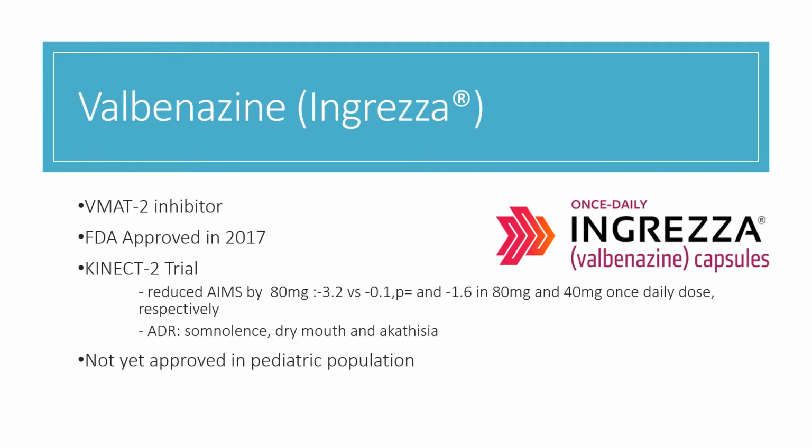The first approved medication we're going to look at is valbenazine, or Ingrezza. Valbenazine is a VMAT2 inhibitor, or vesicular monoamine transporter 2 inhibitor. It acts by modulating the dopamine going into the synapse. Valbenazine was approved in 2017. The KINECT trial, which showed its efficacy,